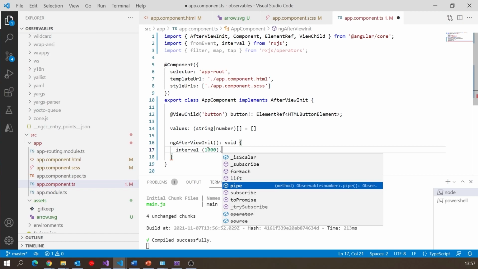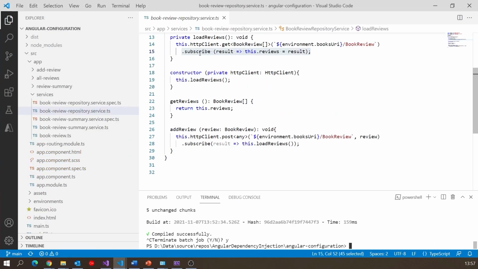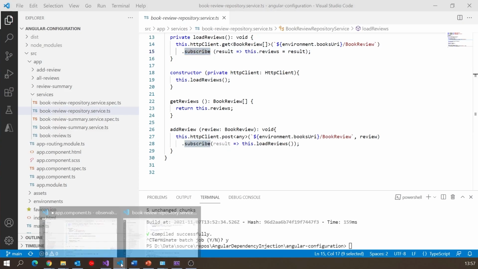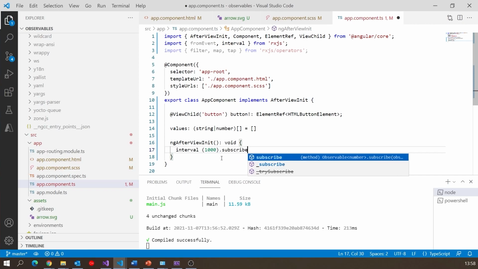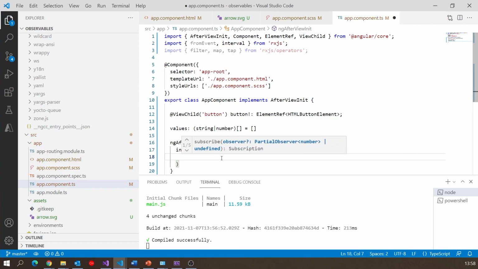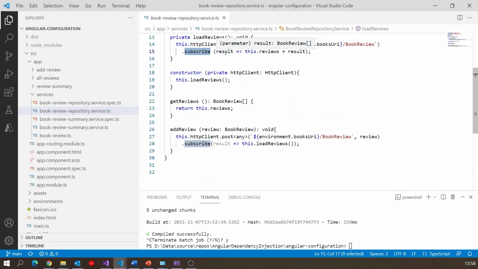And just like we saw with the code for the HTTP client, we then need to subscribe to that. So that's what I'll do here. I'll say .subscribe, and then subscribe takes a parameter. What the parameter is depends on the nature of the observable, but in the case of the HTTP client, we saw it was the actual result, so the array of book reviews that was coming back.